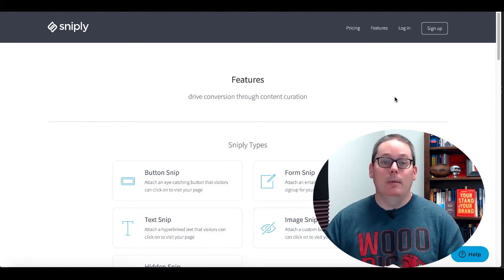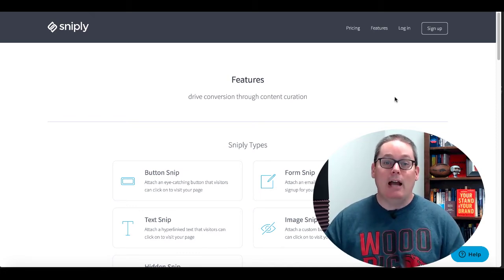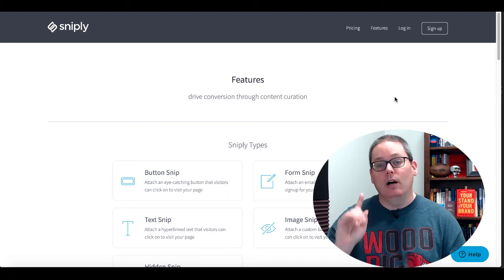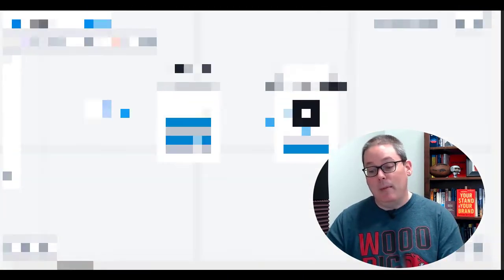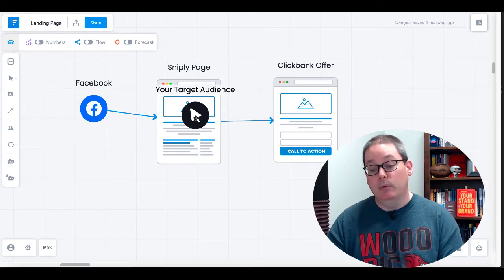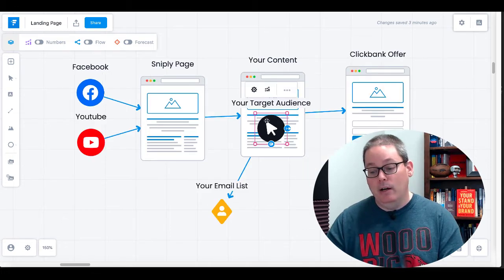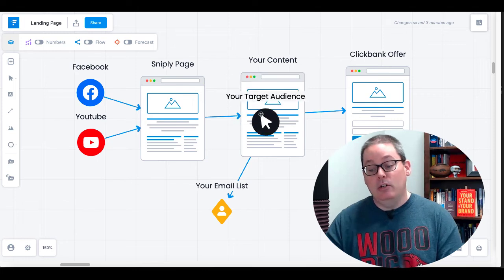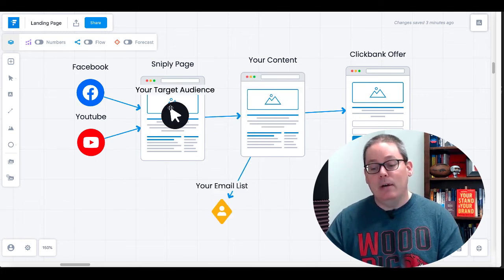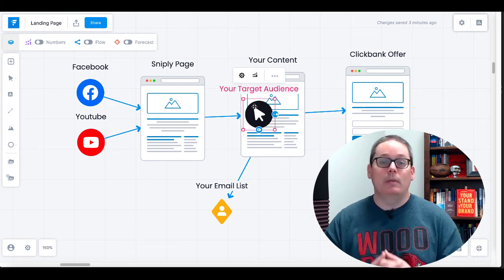Some do, some don't care because they know their content is that powerful, and they know the likelihood of them getting brand recognition versus you getting an actual benefit from overlaying your own call to action with a button that someone might click. Again, in the case of making quick money where you just post on Facebook to a Snipply page and then directly to a ClickBank offer, even in the case where you post on Facebook or YouTube to a Snipply page and then to your own content to build your email list, in reality, the drop off from the Snipply page to your own content is going to be high. And this is something that you have to test.